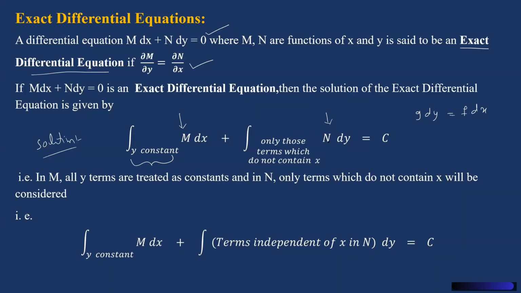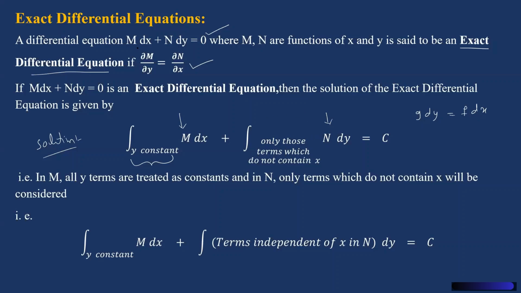out of all the terms in n, we consider only the terms which have no x. I mean, we simply ignore the terms which contain x. There may be several terms in n, right? But we consider only the terms which have no x, the terms not containing x. And you may ask me, what if every term has x? We take all this as 0 then. In a case, if all the terms in n have x, then we simply take all this integral as 0,